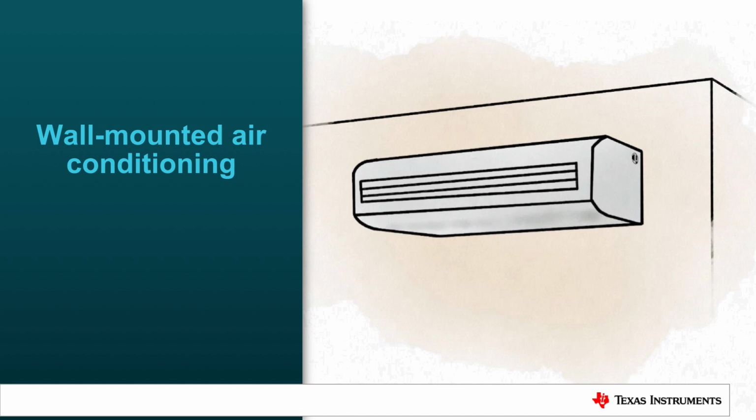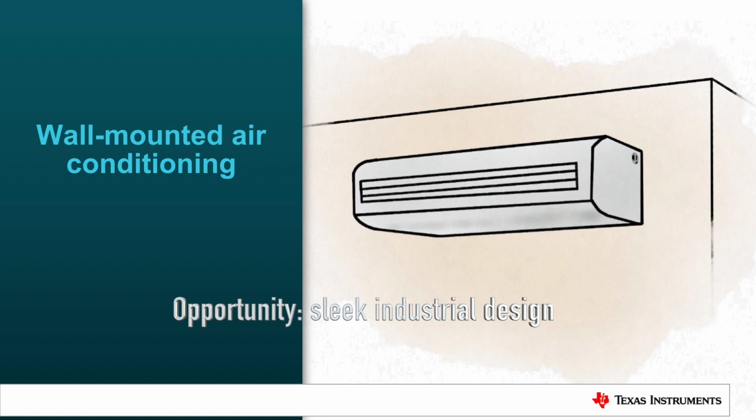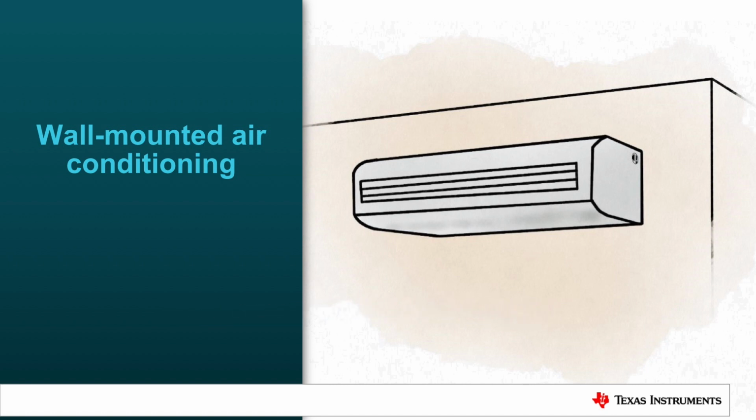The main point for this type of end equipment is that you really want to make sure that the air conditioning has a slick integrated design into the environment. And one of the things that are needed is a control panel to change temperature and provide various settings. Today, a lot of companies use a remote control for this purpose. Having said that, remote controls get lost and also do not provide the ultimate and best user interface. And so with that in mind, let's see what's possible with DLP Pico technology.